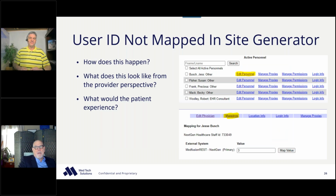So my user ID is not mapped in Site Generator. And you gave some ideas on how this happened. What's going on for the patient with all of this? Would a patient know that the person they're sending to is not mapped in the Site Generator? The patient, no. They're not going to get messages, but they're not going to know that it's due to errors in the site generator. But if you're seeing failures in your portal inbox, message failed to send, that's a strong hint to me that the first place I'm going to look is to make sure that you're mapped